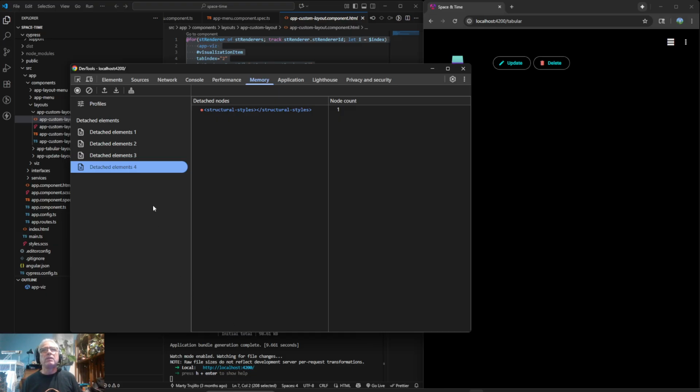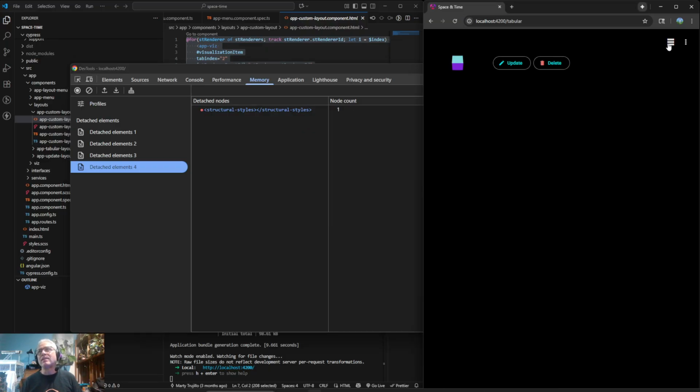And I don't think this is that big of a deal. I literally think a node count of this detached tree node of 1 million would have no effect. I think you'd have to get into the hundreds of millions, maybe a billion nodes. So I think that's a fairly safe one. But if we go like this, and now we're looking at it in a different view and we run our profile,